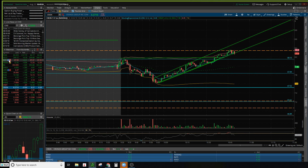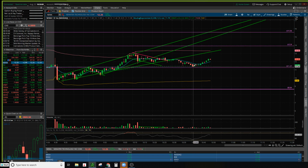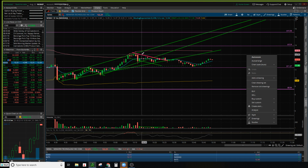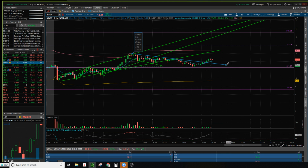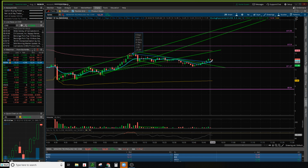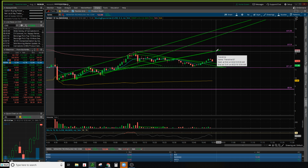So I'll take a look at NUA for you, Goliath. VWAP held it up. So got support at VWAP, a little bit of support from the 9 right now. This trend line held it down. Now you've got, let's see, if I go from the wicks, you've got there. If I go from the candlestick close, which I prefer, you have there. So kind of broke out of this descending triangle, and you've got resistance now around,